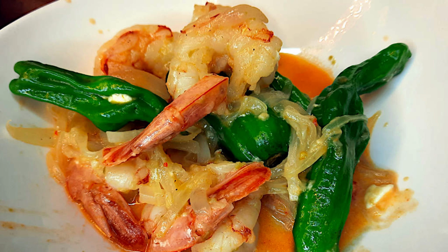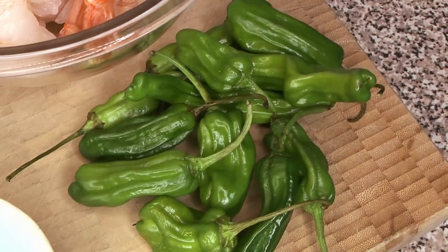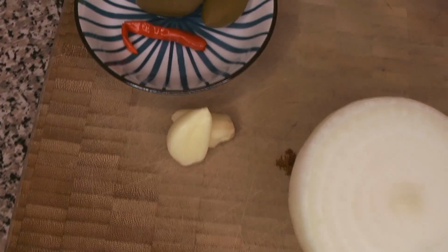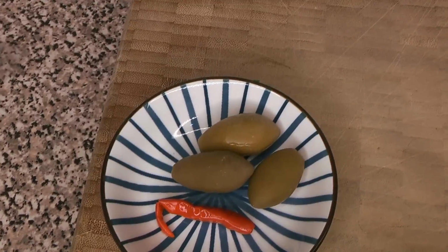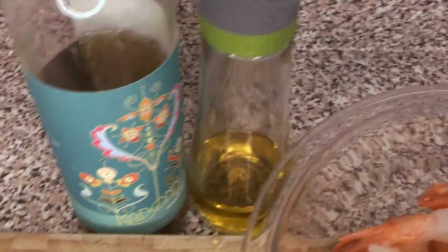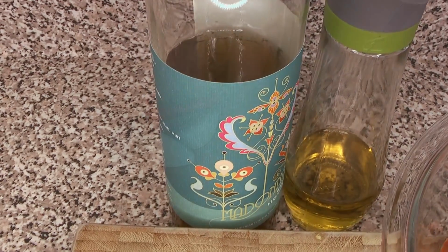And we're going to start off with our ingredients as usual. So we have these beautiful shrimp. And we have these shishito peppers. We're going to be using some onion, some garlic. We have a pickled hot pepper here and some olives, as well as some olive oil and a little bit of vermouth. And one thing that I missed in this shot is some feta cheese as well that we're going to add